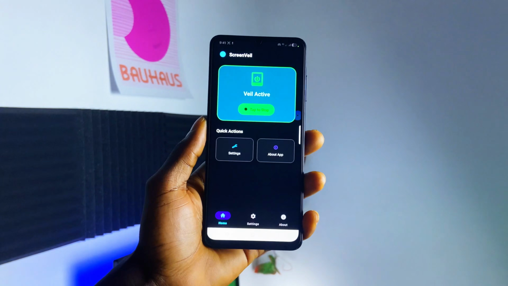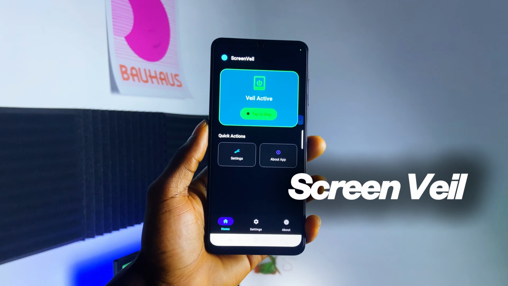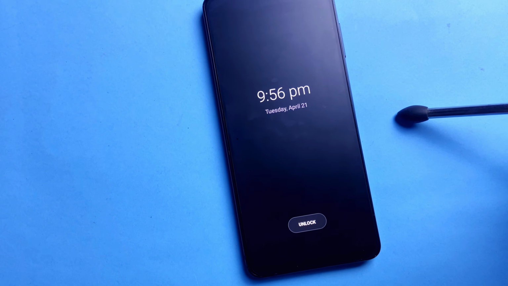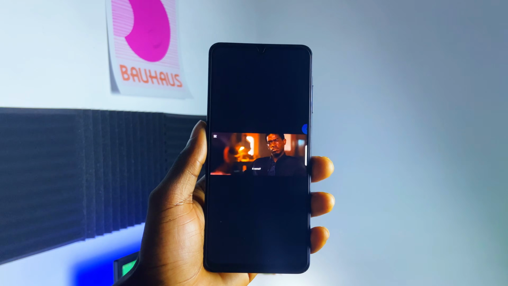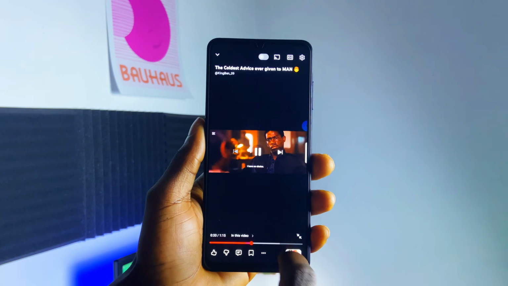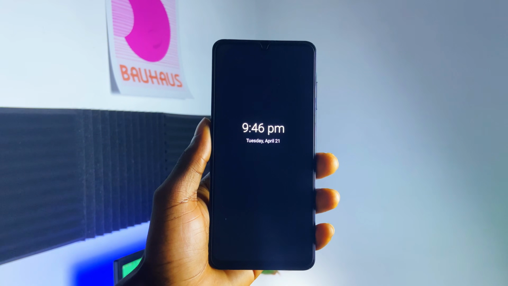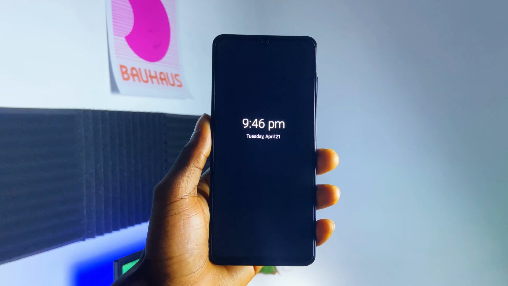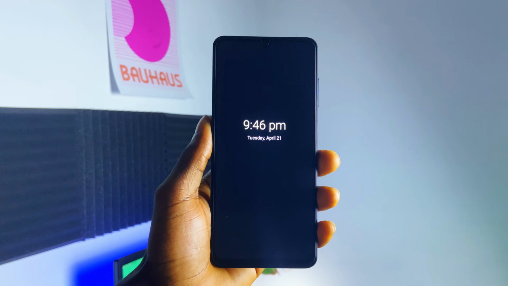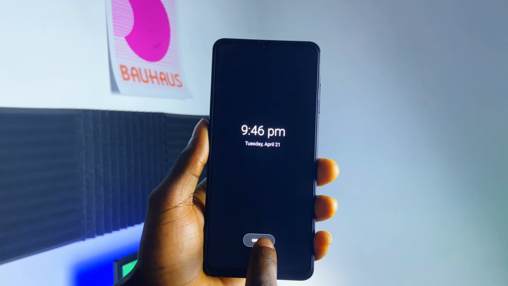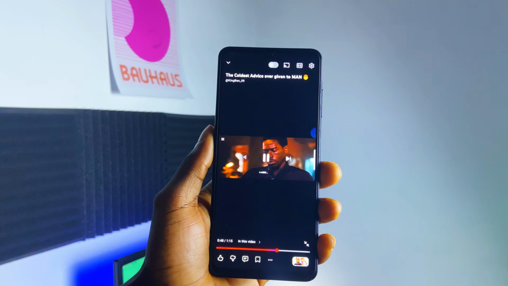To the next application, Screen Veil is another battery saving app you can have. It is actually one of the best black screen overlay applications you can find on the Play Store. So if you are consuming video content but not really paying attention to the visuals, and you just need the audio, let's say a YouTube podcast or some sort of documentary, a music video or some sort, once the application is active, you tap once on the on-screen button and it brings a full black overlay on the screen